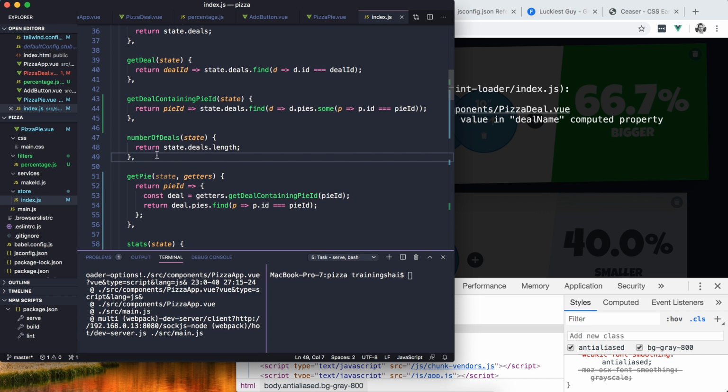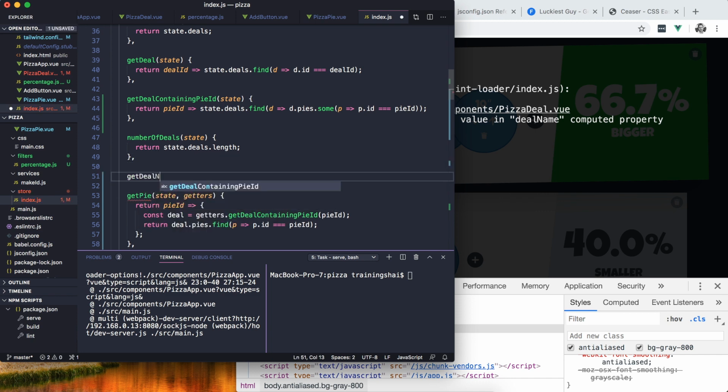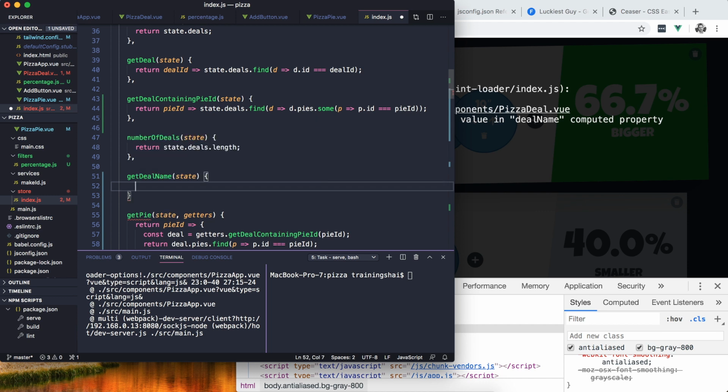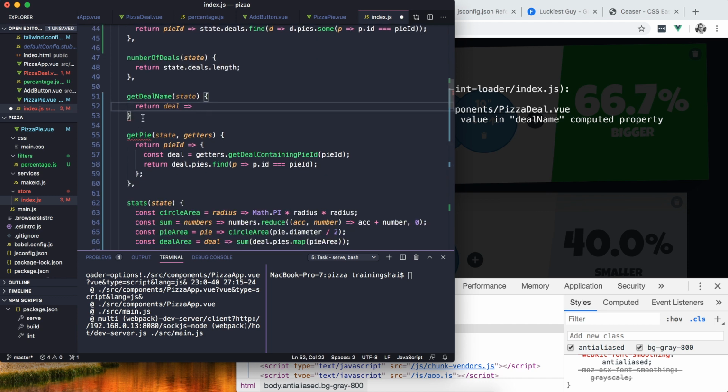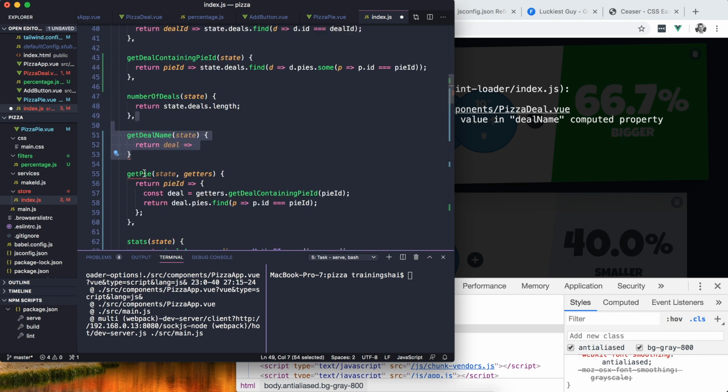We can also say get deal name, and it's going to take in a deal. I could reorganize these. Taking a deal, and it's going to say,